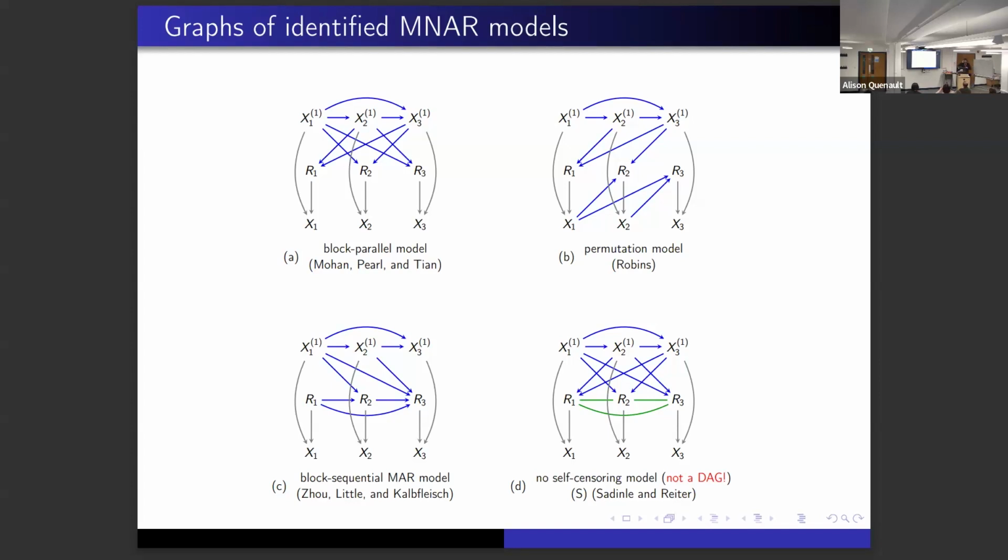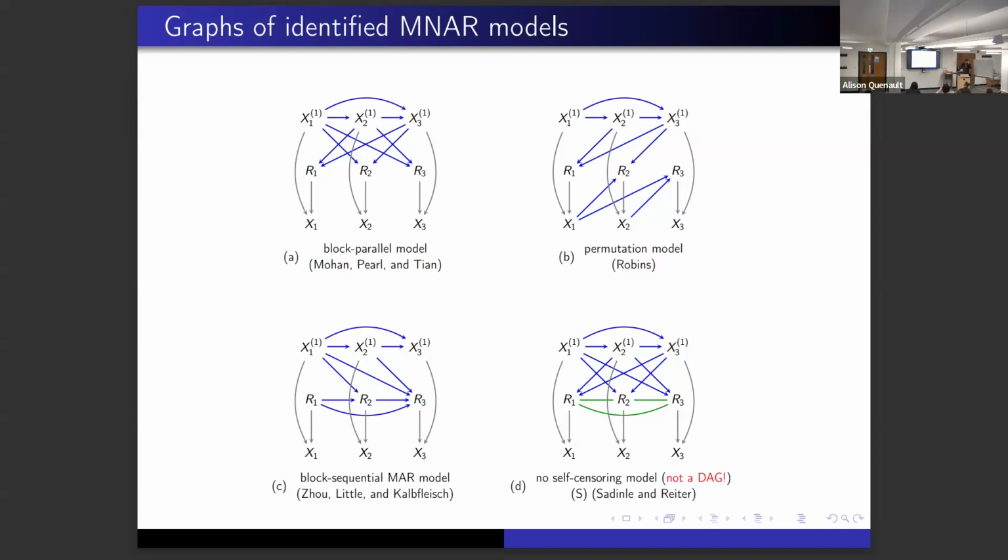One thing you will notice about the bottom right one is that it's not actually a DAG, because there are these green edges that are undirected. I haven't told you about those, but rest assured, there is a graphical model for this. It's called the chain graph. We'll talk a little bit about it in just a second. But it also has a factorization, and you're basically in the same business as with a factorization that helps you, because it encodes certain assumptions about your joint.